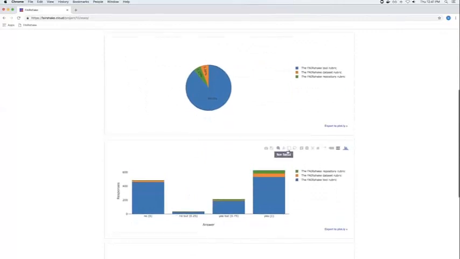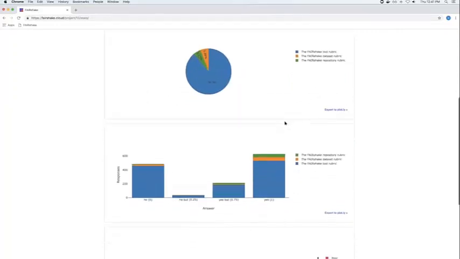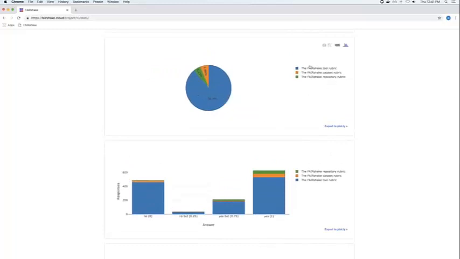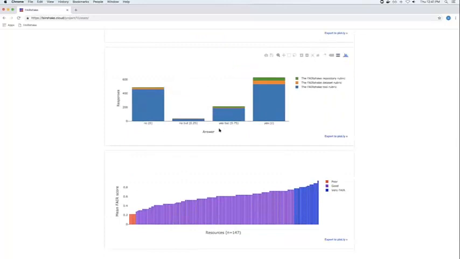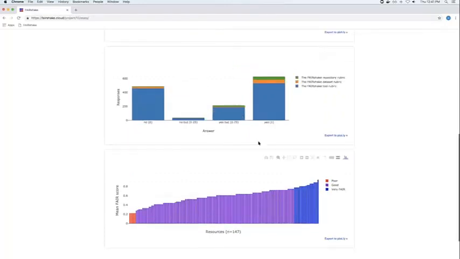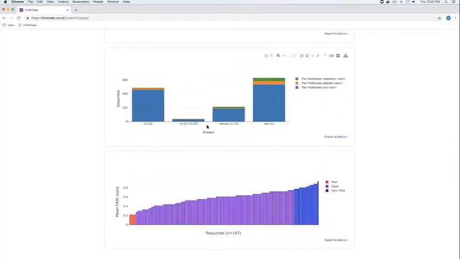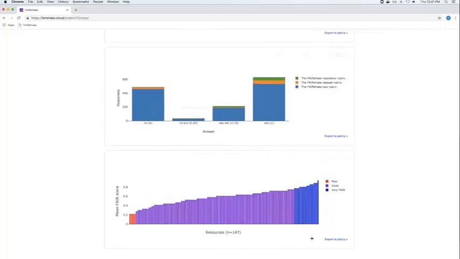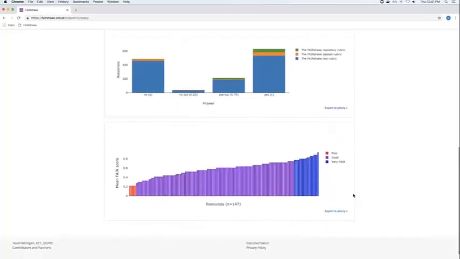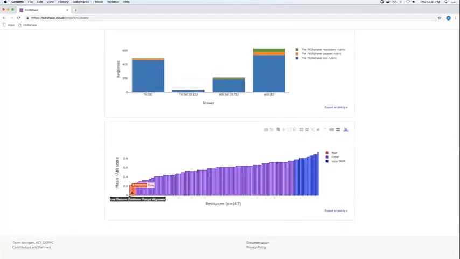We can also get breakdowns based on what rubrics are actually in use. As you can see, we've mostly used the tool rubric here, as well as what were the answers to those different questions. And this can kind of drive what metrics make sense and which objects are lacking in terms of their fairness.